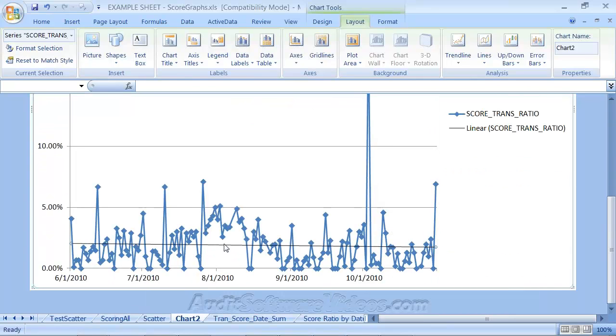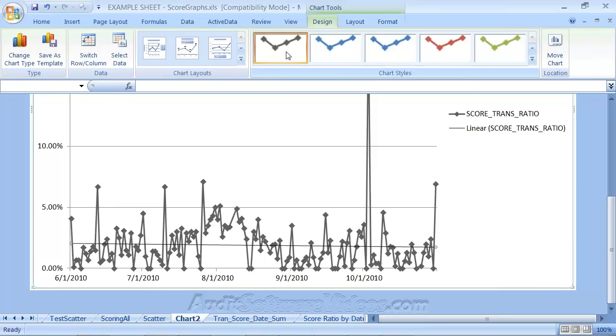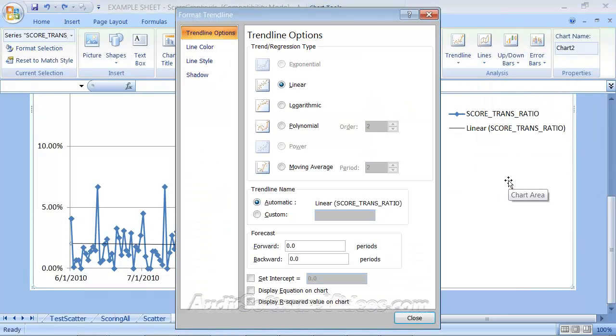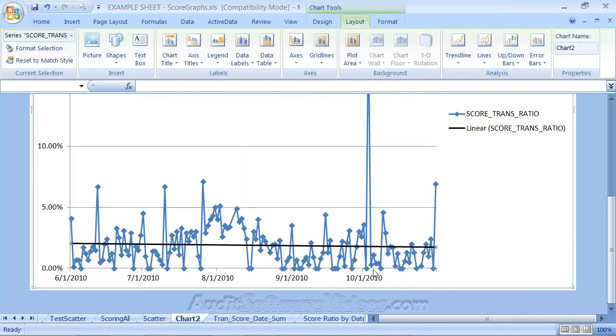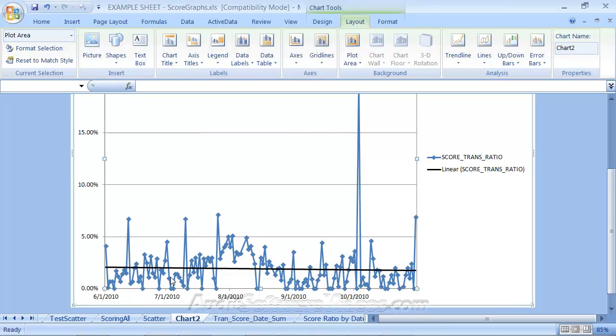I think I could even probably select that trend line and try to edit it a bit. I guess yep, there we go. So we can try to edit, oh, sorry about that. We can try to edit that trend line. I was hoping to, but I guess we'll keep it as it is for now. Maybe we'll look at my options here. Try to give it a little bit of a line style. I can go into that and maybe make it 2.25 so you can see it a little bit better. And now that I have that linear score trend ratio, you can see that it's going down. That's a much better thing than going up. So we'll stick